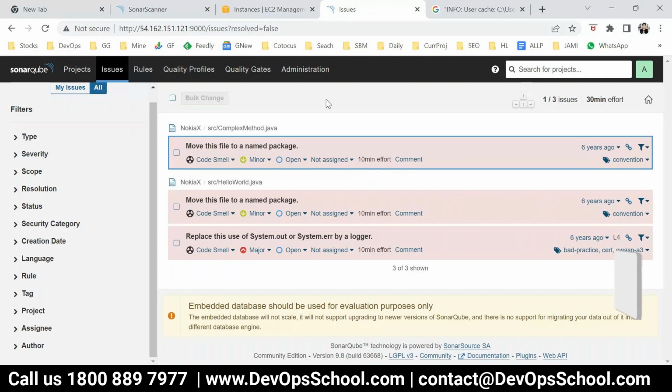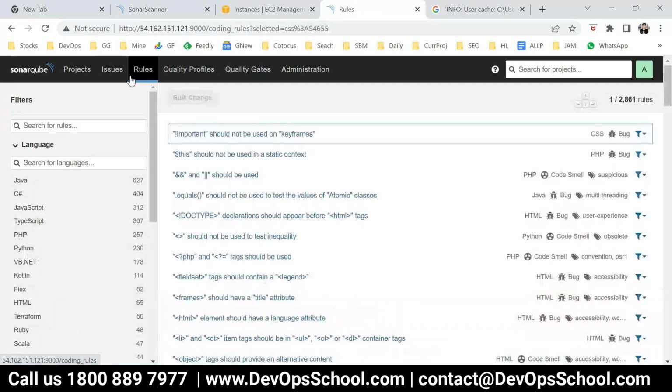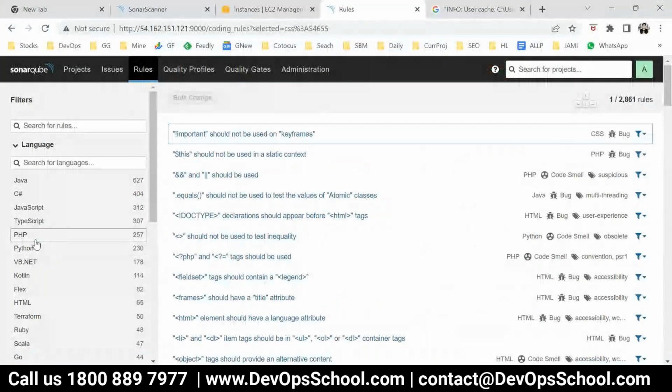Now, what are the rules? All of you, what are the rules? It's code, I think. So I told you, right? Look at this image here. This Sonarqube server has a hell of a lot of rules. Look at this, how many rules we have. On the left side, if you focus,